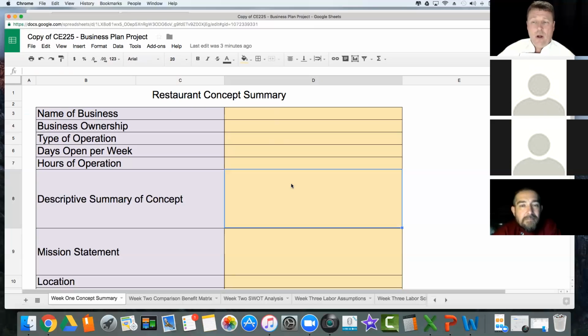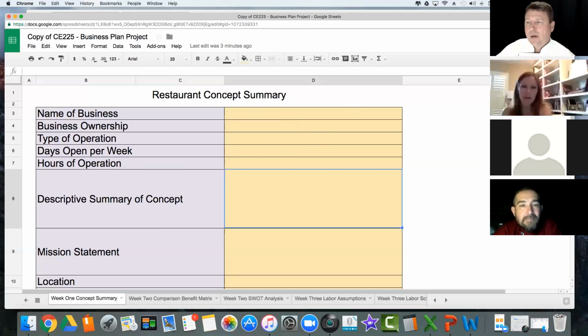So it's a description of your concept summary, okay? This will be the story that you're going to tell. What is your dream? What is it that you want to do, okay? The description, your concept summary, might sound a little intimidating, but ultimately remember that this is your dream, right? This is your dream that we're talking about. So you should already have an idea about what could very well be in it, okay? There we go.